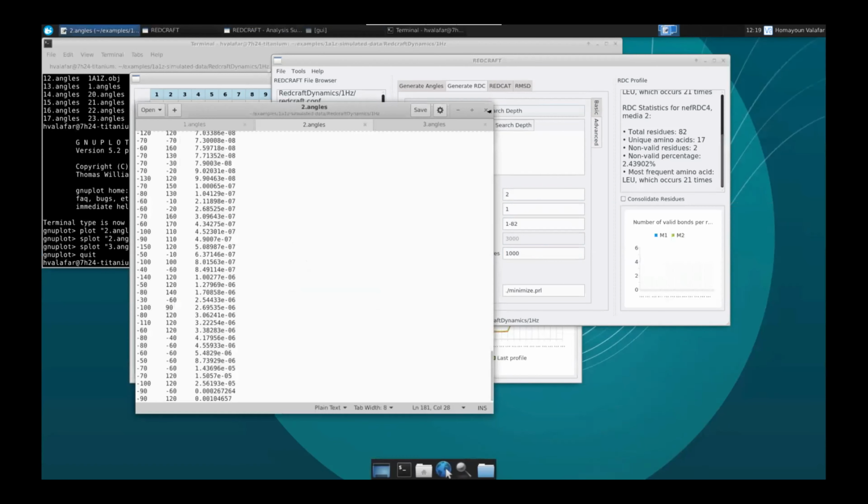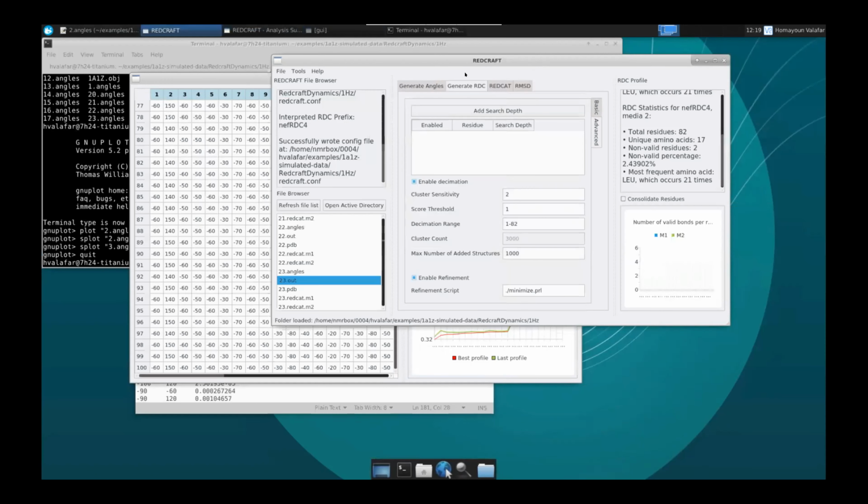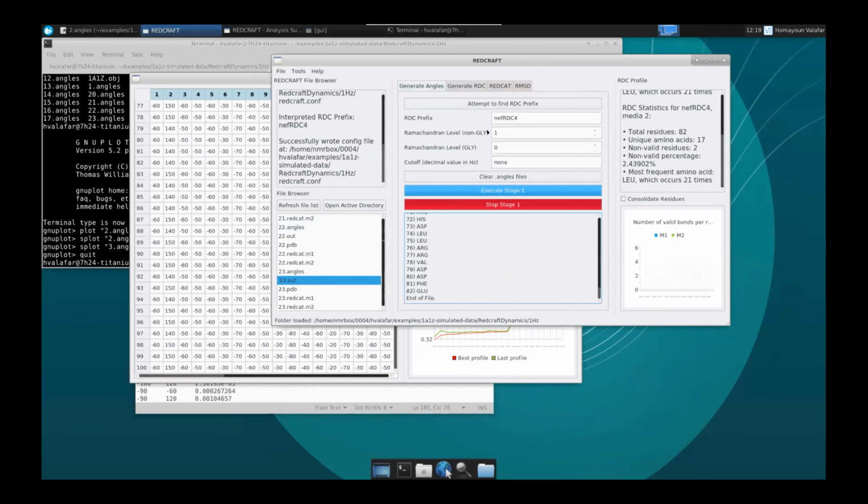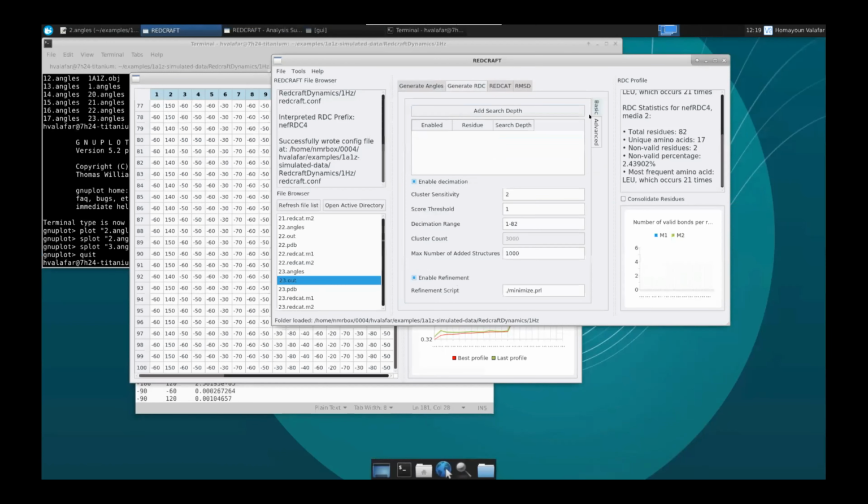But then the remaining issue could be that there's a substantial variation, a departure from ideal peptide geometries. And the only place that can come in is this dihedral residue 2, so the Ramachandran level 1 was too constricted. What I'm going to do is enable all the features that I have here. And